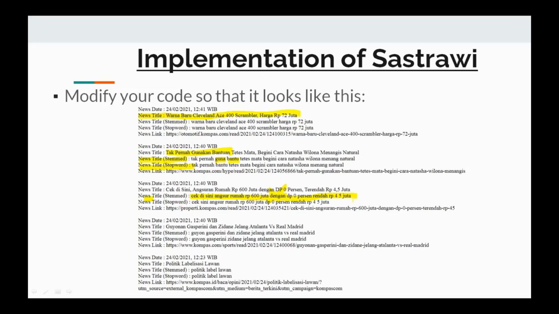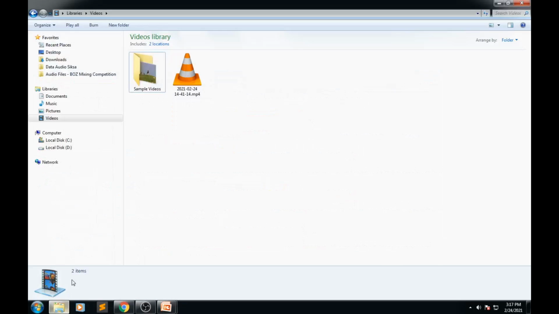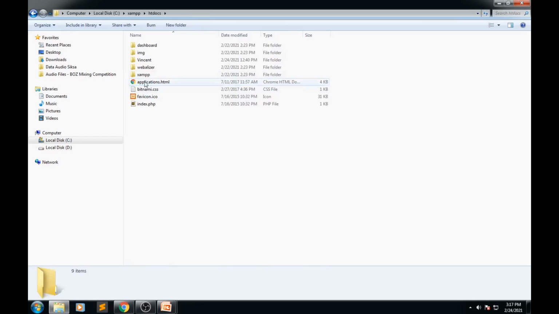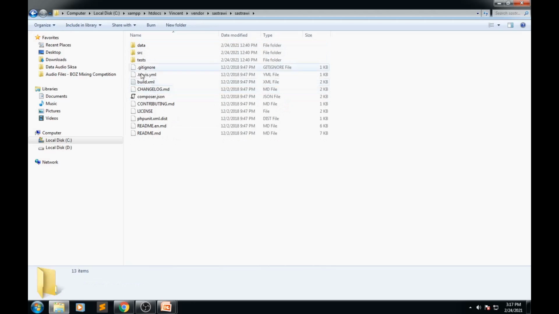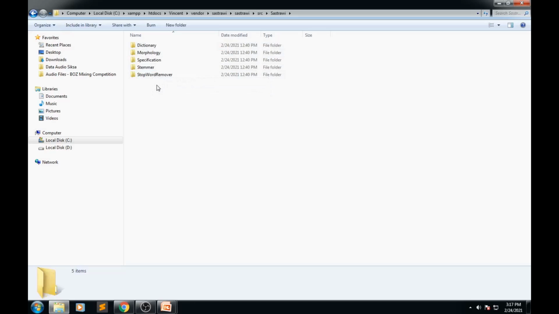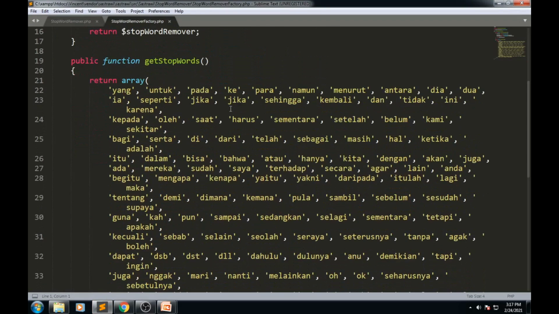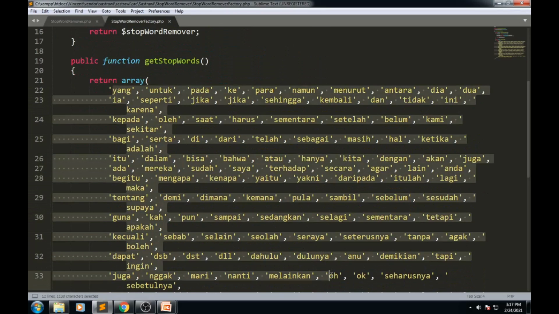If you want to change, add, or delete items in the stop word list, open your htdocs, then open the vendor folder, Sastrawi, and find the stop word removal. Let's check this file. This is the list of stop words provided by Sastrawi.